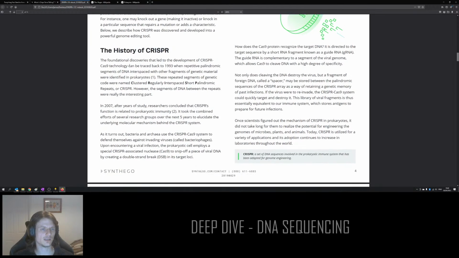The foundational discoveries that led to the development of CRISPR-Cas9 technology can be traced back to 1993, when repetitive palindromic segments of DNA interspaced with other fragments of genetic material were identified in prokaryotes,